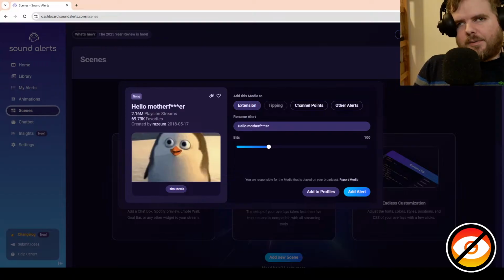This week, we're covering a couple of things that we sort of left open last week and a couple of tools we haven't looked at yet. Starting with what we're looking at right now, which is the Sound Alerts Scenes Editor. So last week when we were looking at Sound Alerts,